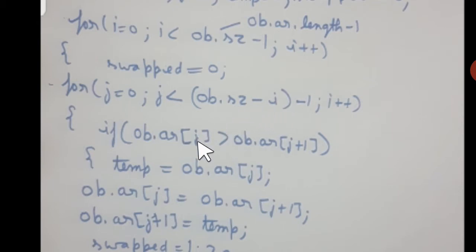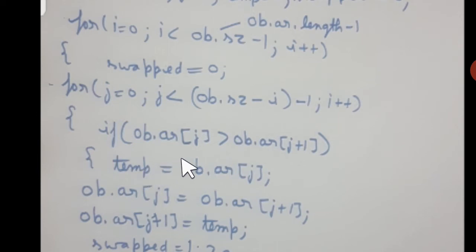So when the value of j reaches 3, automatically the fourth element is going to be compared, because it is written j plus 1. And if we make it reach 4, automatically it will have the value 5, and that index does not exist, so an array index out of bound error will occur. That is why we have to write it like this, and every time we have to reduce our area of comparison and swap by 1. So what do we have here? We have ob.sz minus i minus 1. That's important.